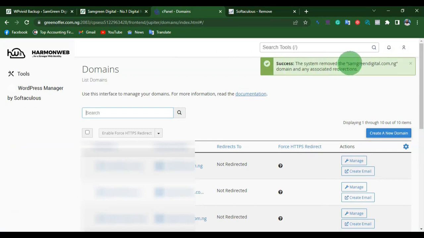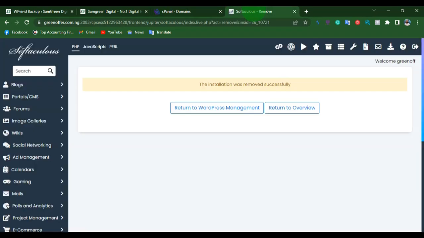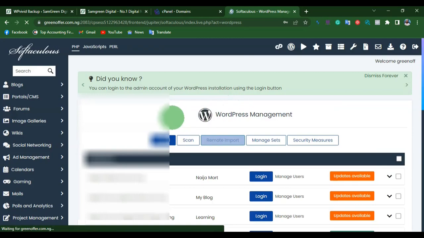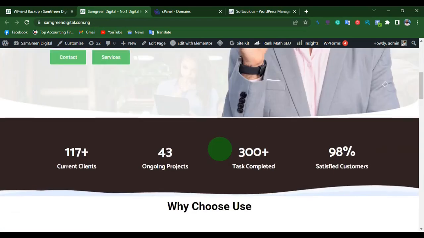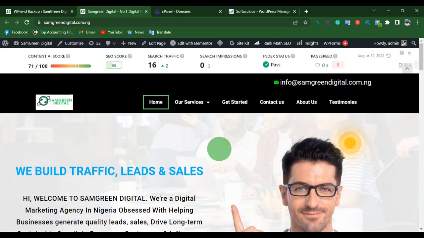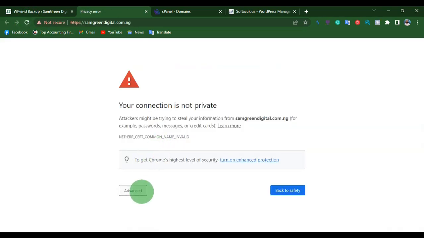The system removed samgreendigital.com.ng domain and any association redirectory. So this one has been successful. Then this one has also been successful. So just click on this, return to WordPress Manager. So right now what we want to do is to confirm if the website is down, because the websites have to be down. So we are going to refresh this page and you can see